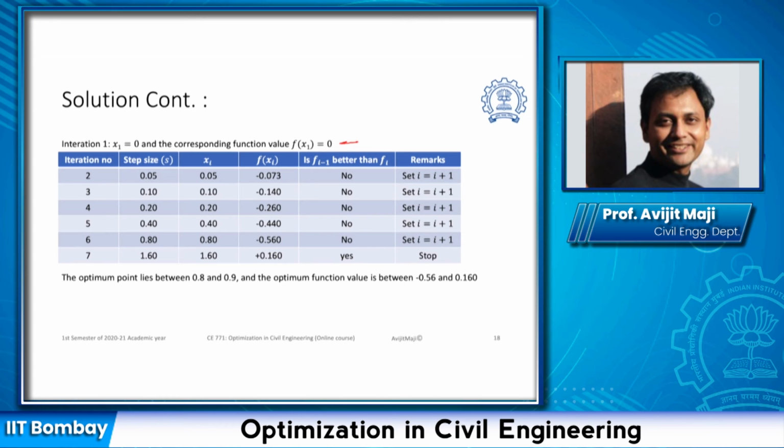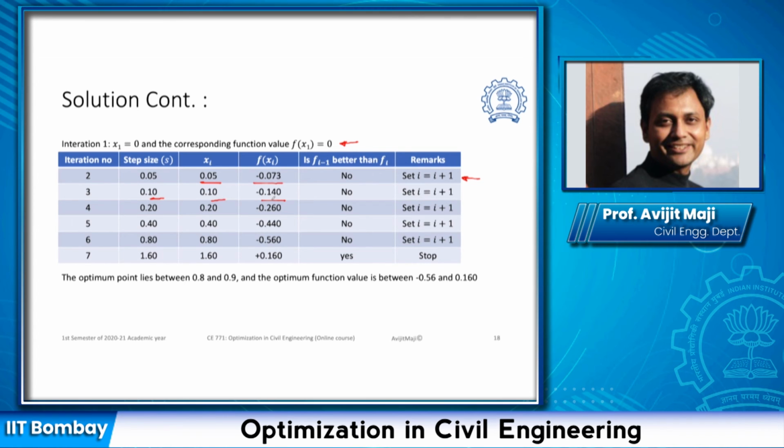In the first iteration, we found out the objective function value. We already know our search direction. So we found our second point as 0.05. We found the objective function at this new point is better. So we are increasing the counter by 1. Then you will see that my next step size is going to be double of it, which is 0.10. So my next point is 0.1, and there again the function value is better than the previous point,